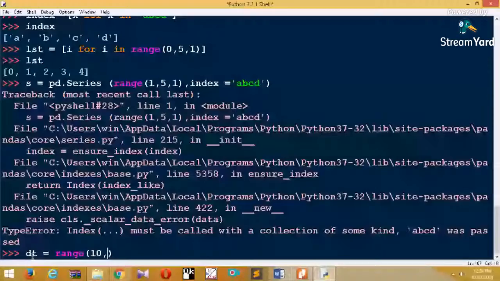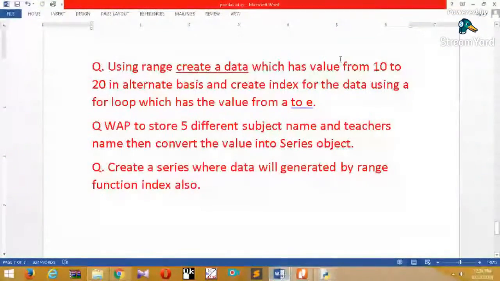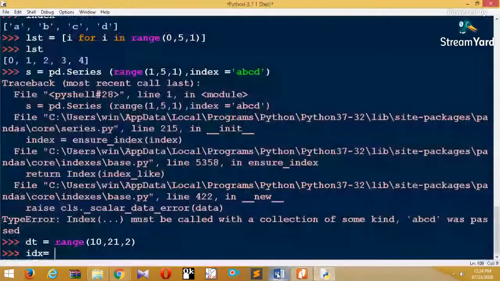It is step of 2, so we have to take 21 so that all the numbers will be generated properly. So it is my data, and the index also we have to take. So I'm taking idx equal to, what is the question in case of idx? Write a for loop which has the value A to E. So for that purpose, what we can write is again a type of looping structure, just like I in